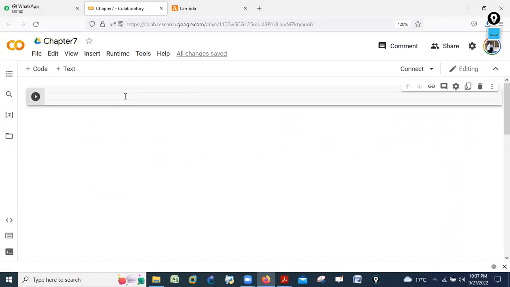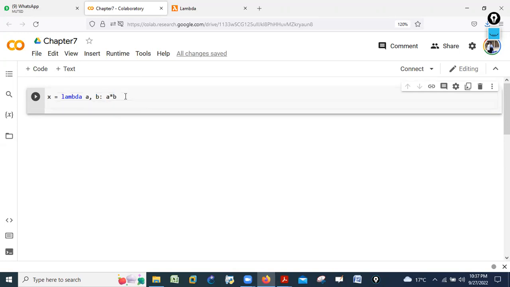So here you can see, for example, if I say I want to create one lambda function, or use the lambda in Python, here I will go and say lambda. You can see if it is an inbuilt keyword, then it will turn the color from black to blue, so it is blue. Then I say, I have one variable, I have another variable, and then I say a multiplied by b. I simply said I want to multiply the argument a with the argument b. Here I have two arguments.